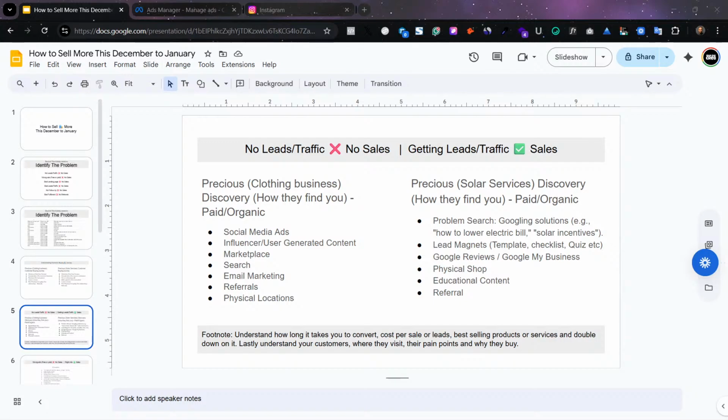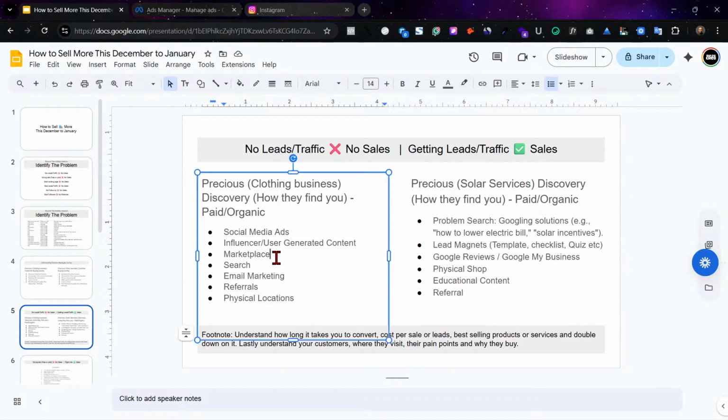So now we are currently on getting leads. If you're not getting leads, the next place to try to get leads, I was talking about user generated content. So now, for user generated content, it's